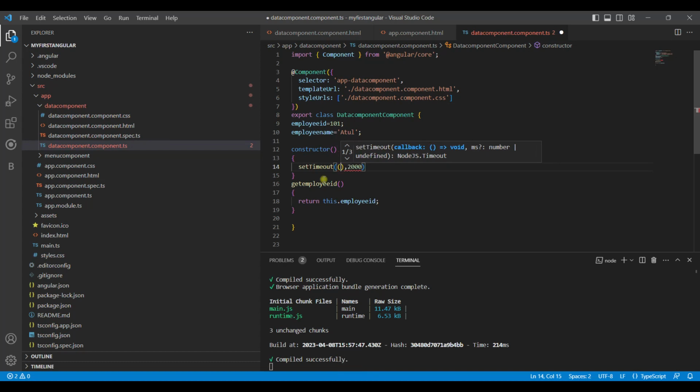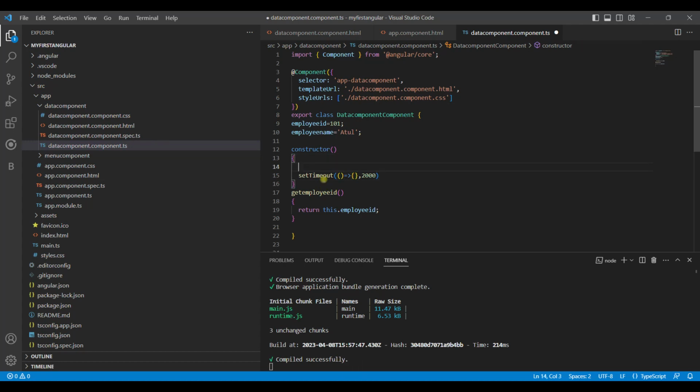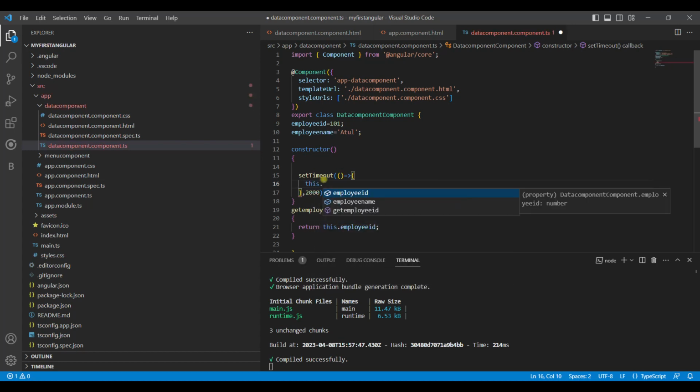Now over here we write a syntax as an arrow assigned to a function. Basically this is an ES6 function. It is the same as the function keyword, where we define a function and write the body over here. It is the same way, but it is an ES6 syntax. So over here we define this, and inside it we write this dot,